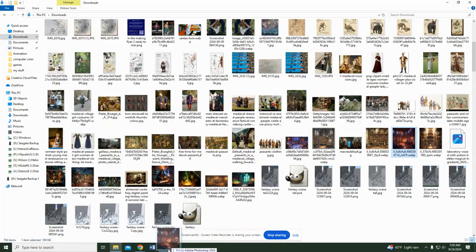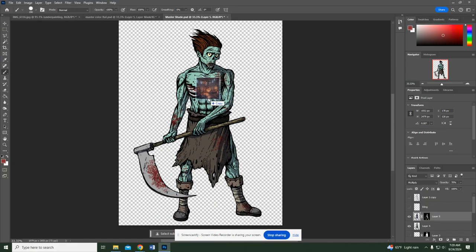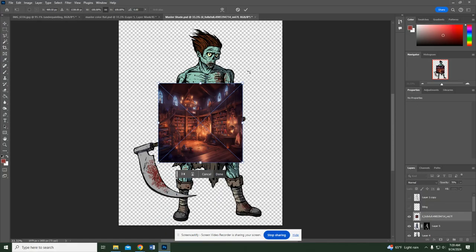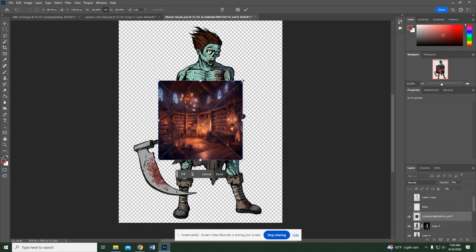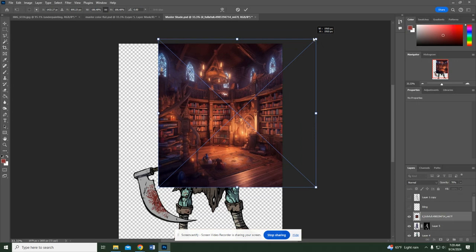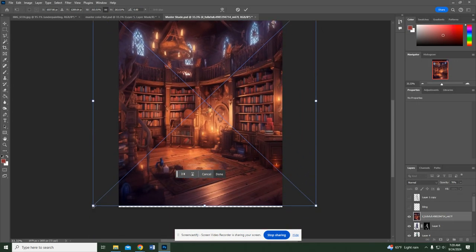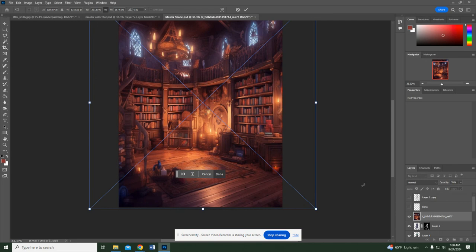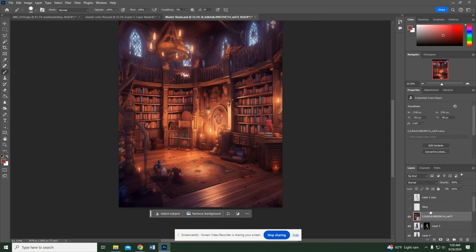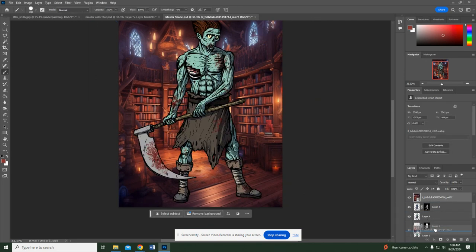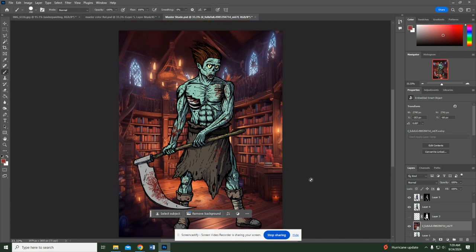I'm going to grab it, drag it down to Photoshop, don't let go, drag it up, and let go of it. It's going to look like this with the blue lines. I'm going to drag it out until I like where it is. And it's not showing any transparency in the background, and hit the enter key. Now obviously I need it to be on the layer under my character, so that's what I'm going to do. My character right now is a little bit big,